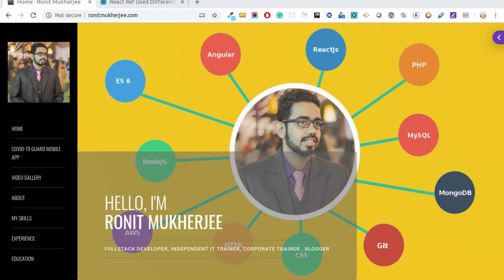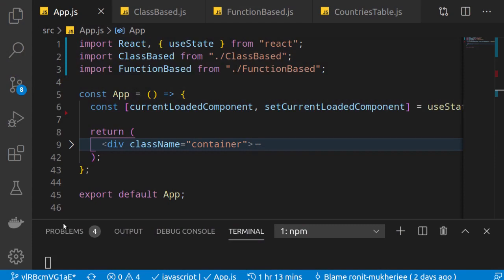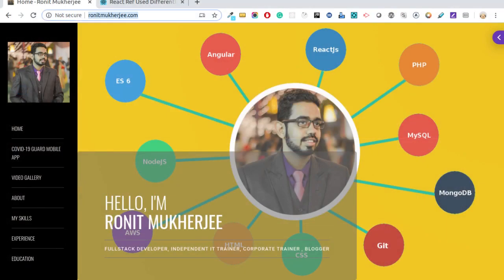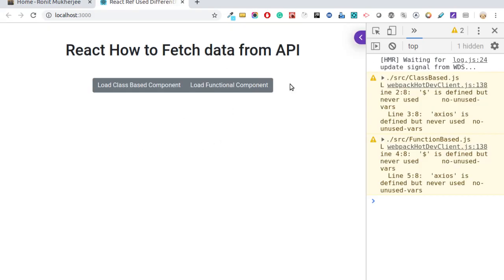Let me show you how our code looks, and before that I would show you how the application is working currently. So here, this is the basic application where I am using two components. This is a very important video because here we are going to see how things are implemented in class based and function based components. So in the same video, you get information about both types of components and how to implement three ways of fetching data.